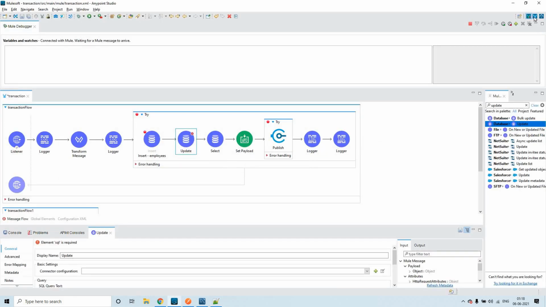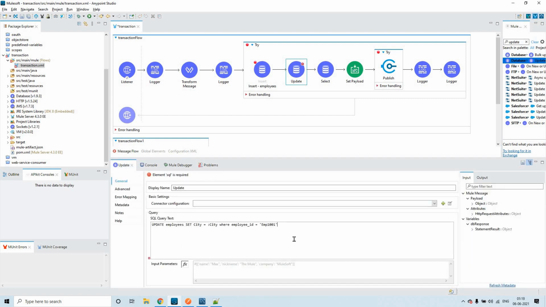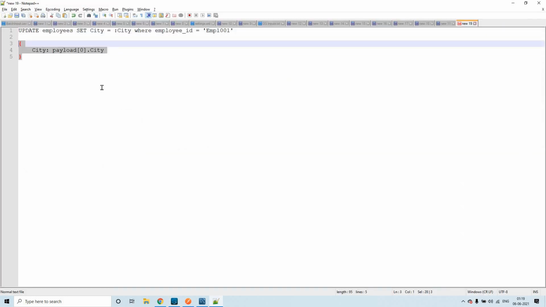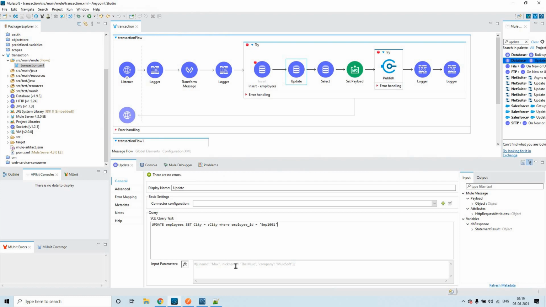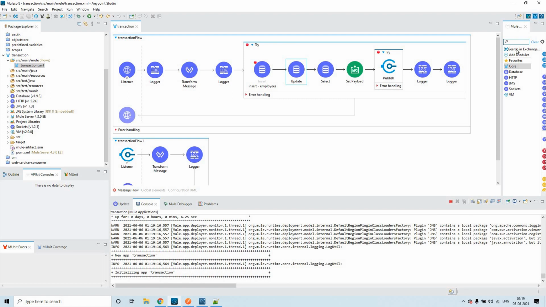So go to design mode, and copy paste this here, and this is the parameter which we are sending, right? City is the parameter which we are sending. Enable this. And also now, let's also add this.